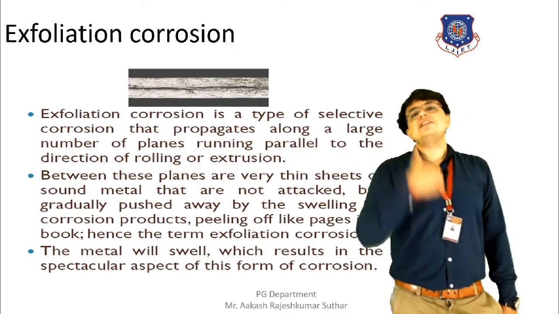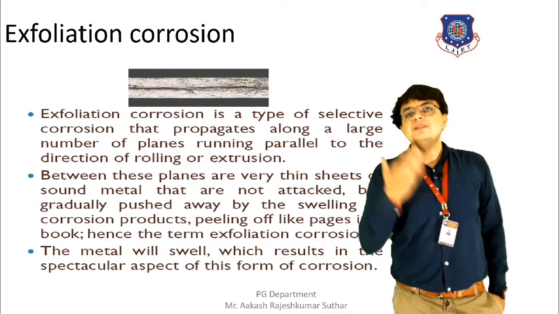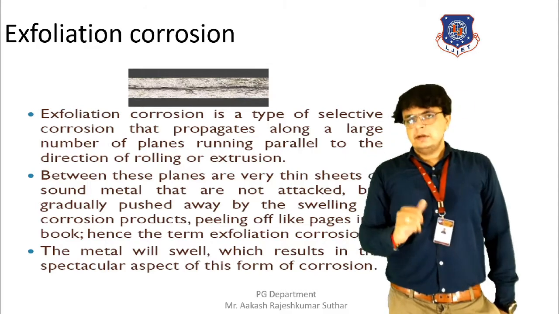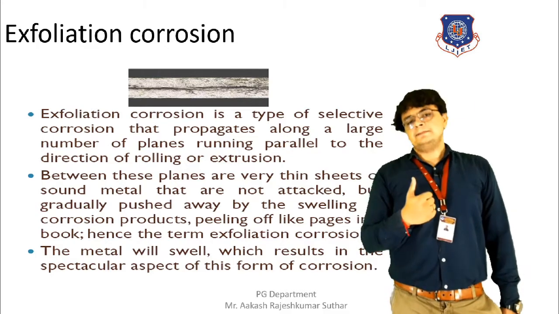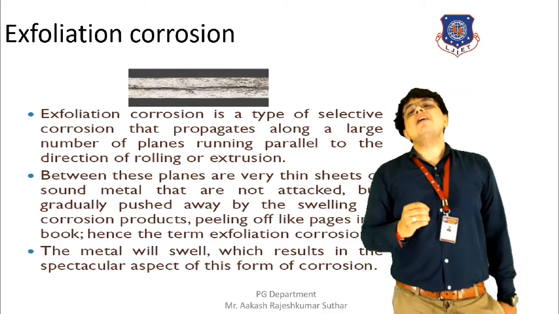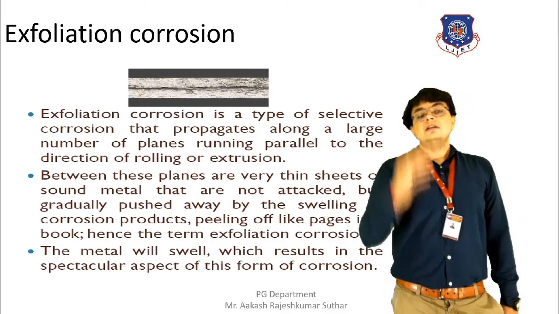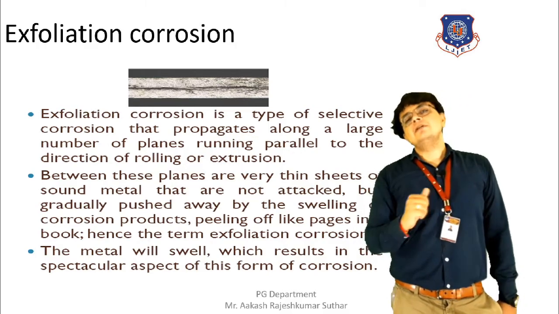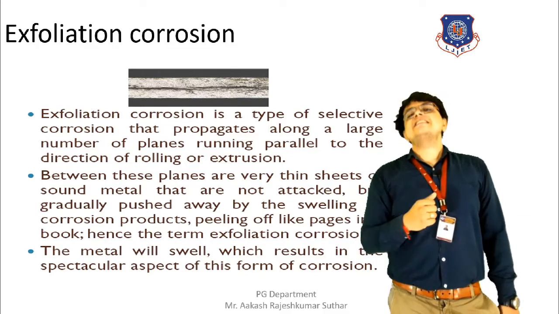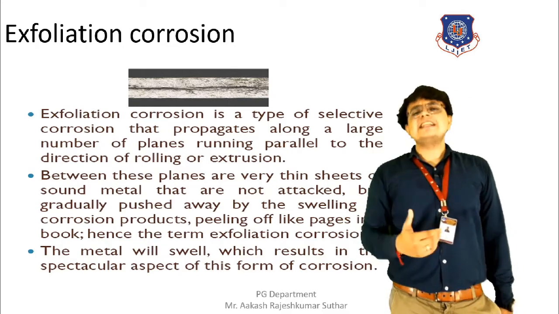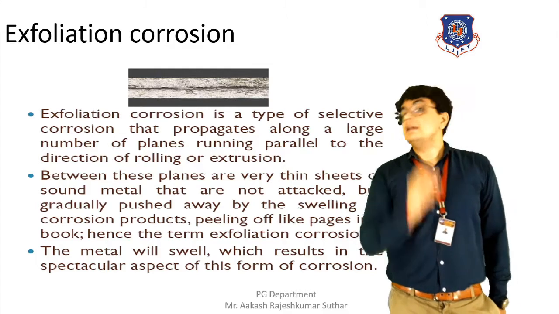So this is how the exfoliation takes place. Once the peeling off or the pushing off or the removal of the planes takes place, then we can say that the exfoliation has occurred. And by this only, such type of corrosion is named as the exfoliation corrosion. Basically here, the swelling of the metal surface will take place. And as a result of this, the corrosion will be formed. So this is how the damage occurs because of such kind of corrosion, and that is why it is termed as exfoliation corrosion. Not many chemical reactions are involved in this type of corrosion, but high damage to the surface of the metal is occurring.